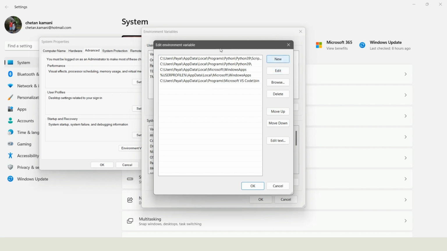then click here new. So you have to add path of the compiler that I have installed. Which compiler I have installed? MinGW x64. So which path I have to add here? So where it is installed,